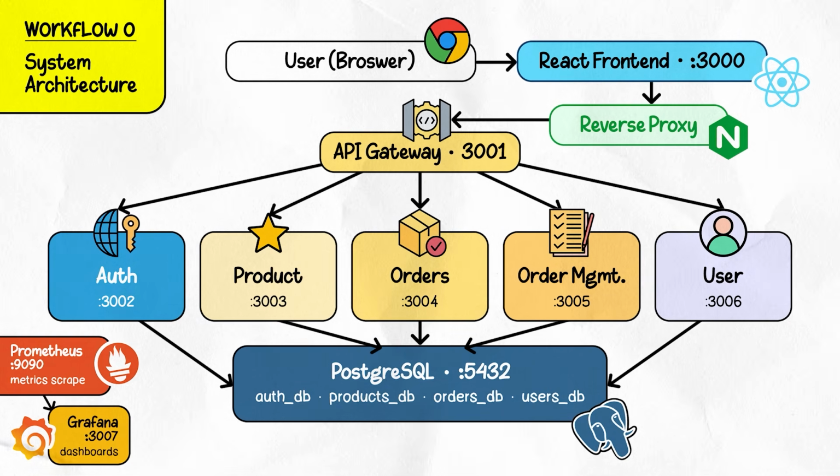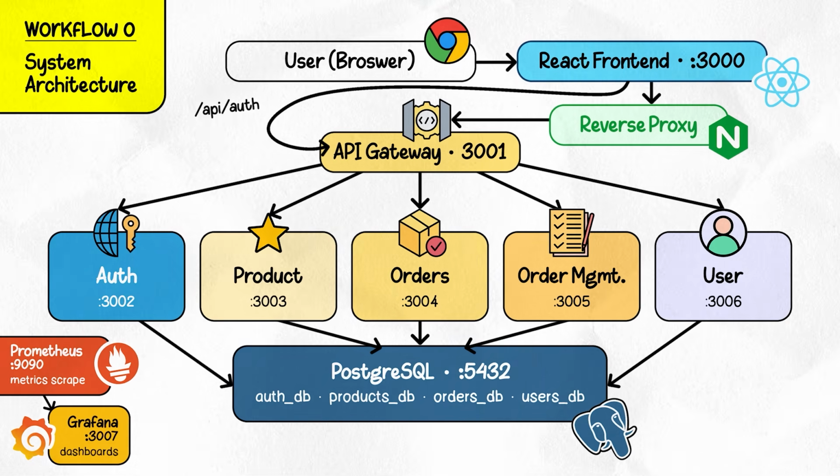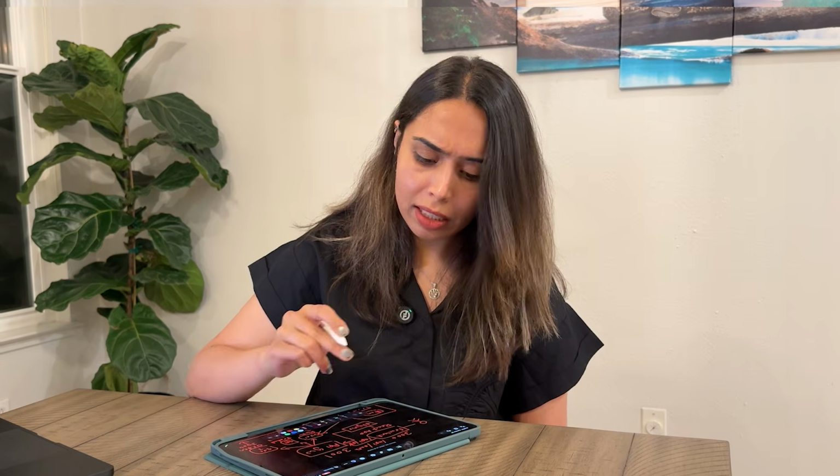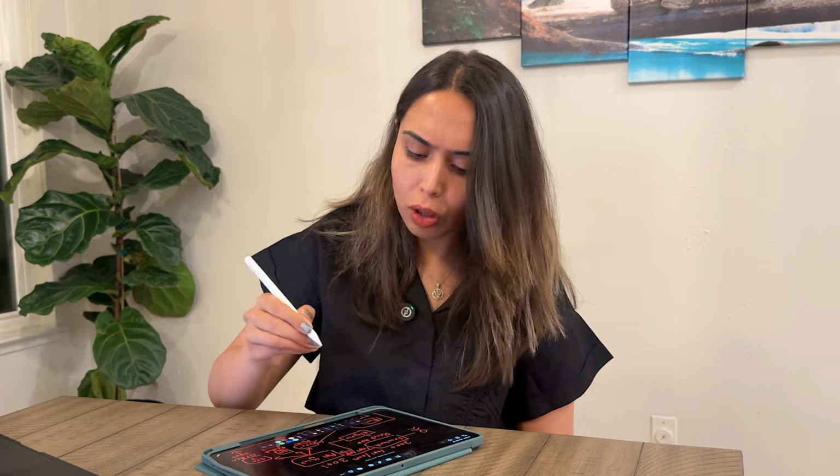The front-end service sends requests to the API gateway through different paths. For example, /api/auth, /api/products, /api/orders, and so on. The gateway receives that request, inspects the path, and then decides to route it internally to different microservices. This design keeps the front end simple. You just have to manage the UI side here. And then we also have a centralized API management layer using the API gateway service.